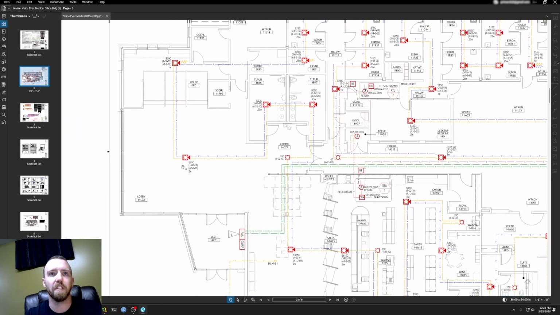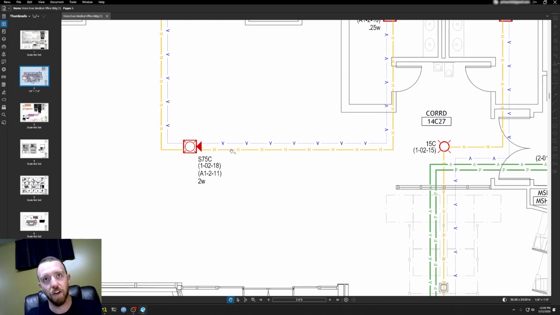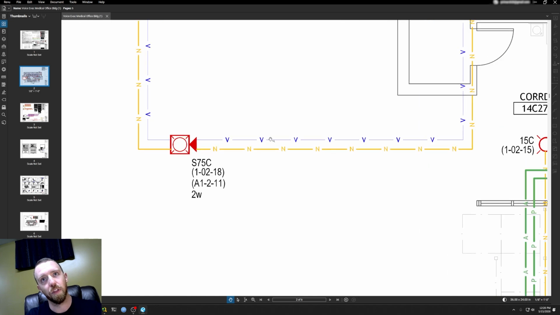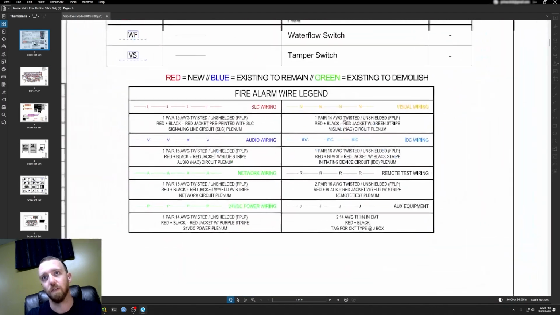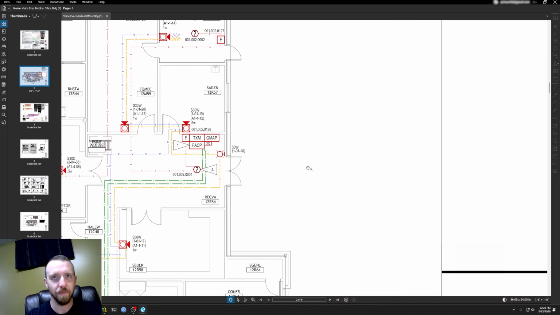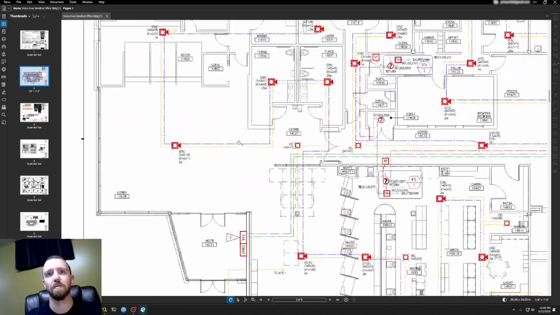We have ceiling mounted notification throughout. You can see that there are 2 different types of wiring being used. We've got V and N, right? And if we go back to the wire chart, what do V and N represent? Well, in this case, N is visual and V is audio. I probably would have switched that and made V visual and N audio, but anyway, going back to the plans, we've got visual and audio